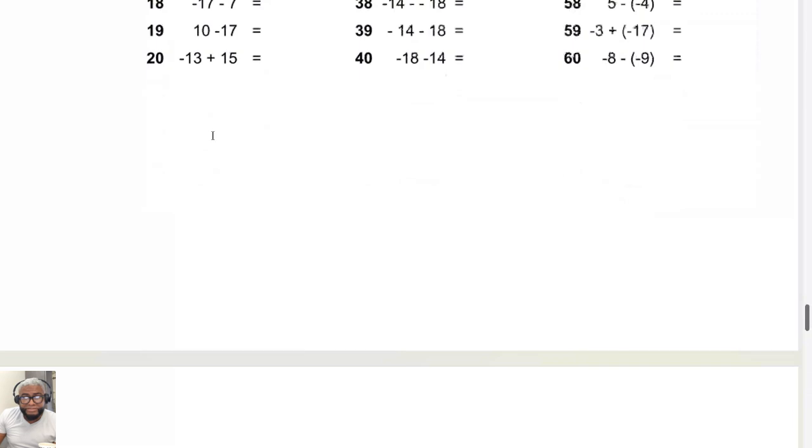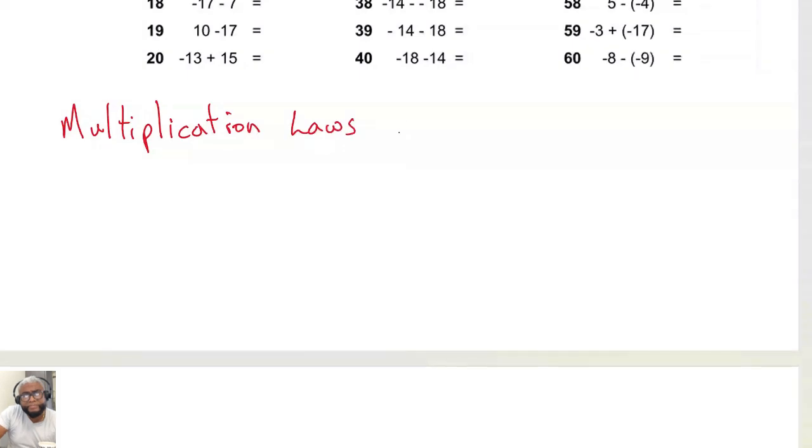So I'm going to put multiplication laws. Write it right underneath where you write it there, guys. So multiplication laws for double signs